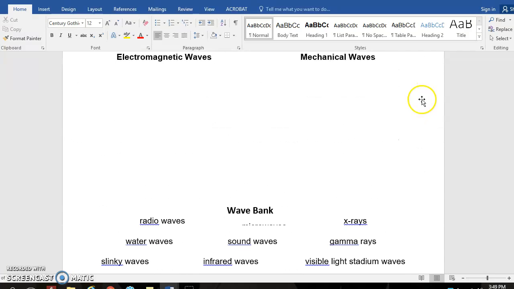All right, here's where we had lots of struggles. Okay, electromagnetic waves. Any wave that falls under the EM spectrum goes here. So radio waves, infrared, microwaves, X-ray, gamma, visible light, all of those go over here. The only ones that go under mechanical: sound, requires a medium; water waves, require a medium; slinky, requires a medium. Okay, so only things that require a medium would go under mechanical.